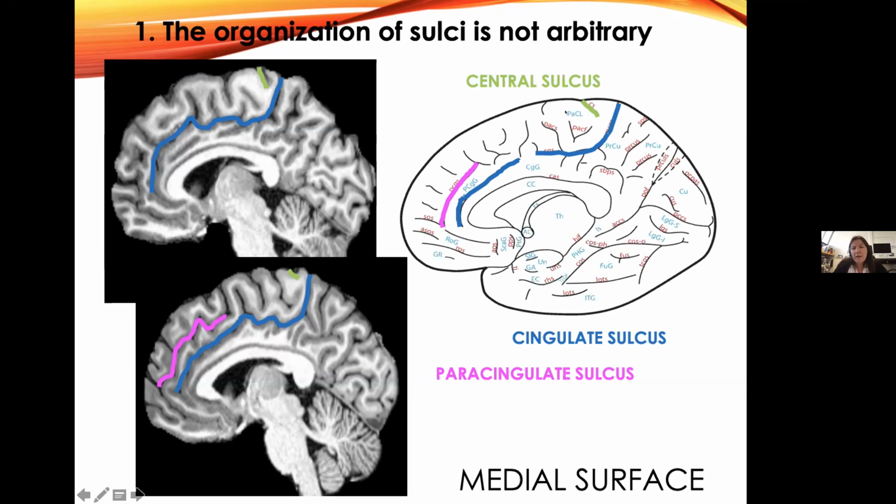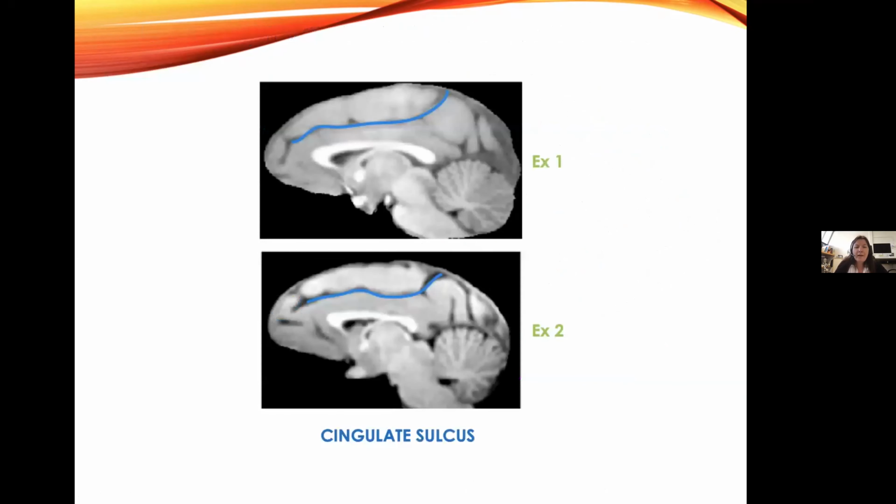But if you look at the sulci, this is a Michel Petrides map, and you can see they are all labeled, in fact. So that's why you can see all sulci can be described in all brains. And this is also true in macaques, the medial wall of the macaque here. All macaques display a cingulate sulcus, and you can start having a look at some variability that I will come back to later.